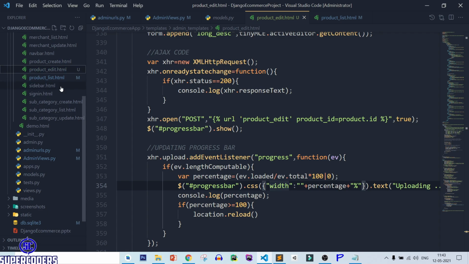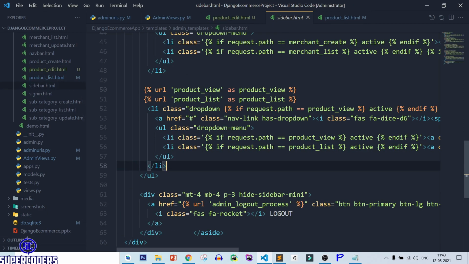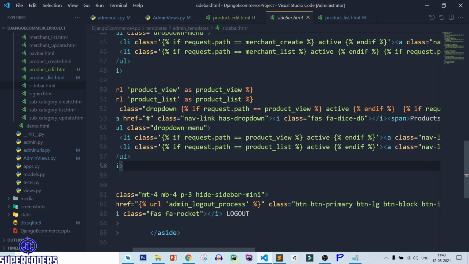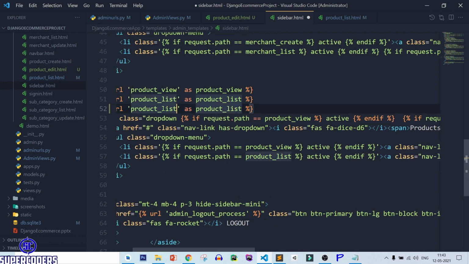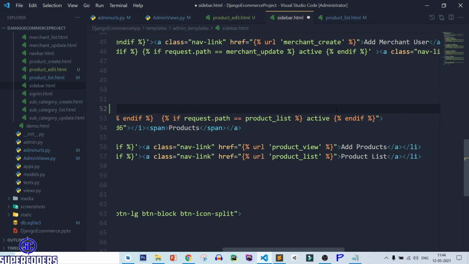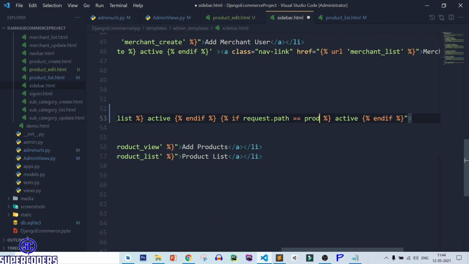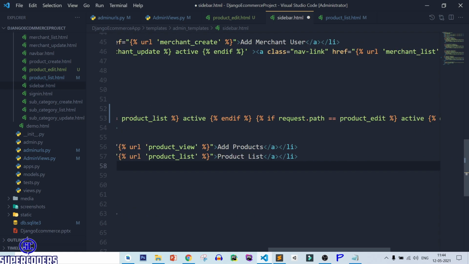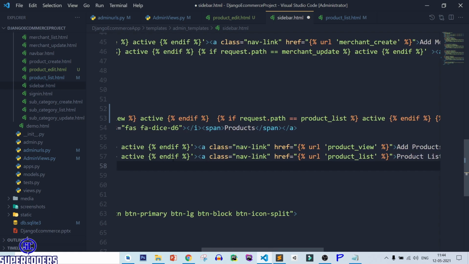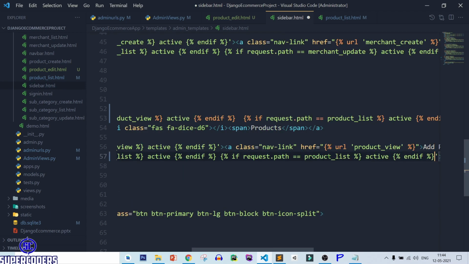So here is the sidebar and link with here. So product, edit, copy it, paste it here and here. Simply copy it, paste it, product, edit. Same with here, so paste it.